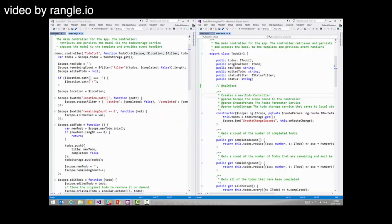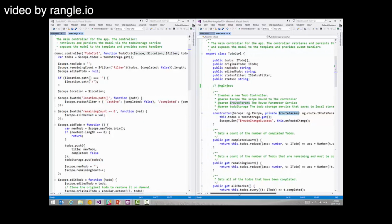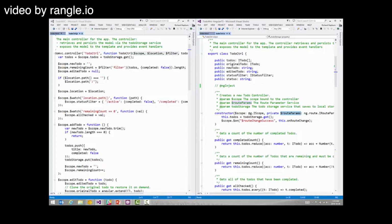So what we can see here is a constructor annotation that's been added to just make this root params private. But the other interesting thing is we're assigning a data type to the scope variable, and these are the type annotations. And these type annotations, I showed you earlier from Definitely Typed,